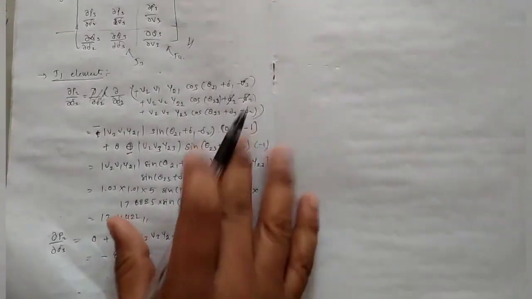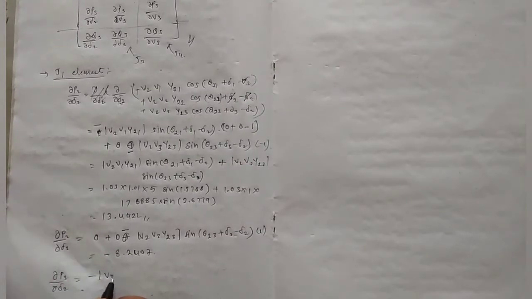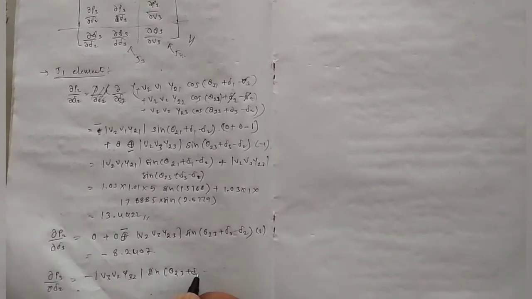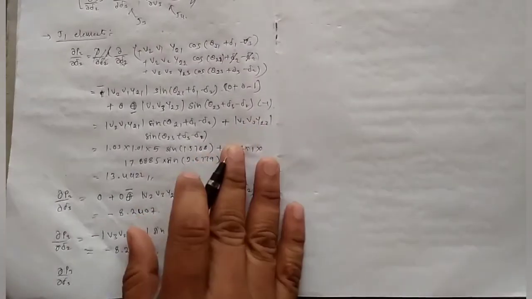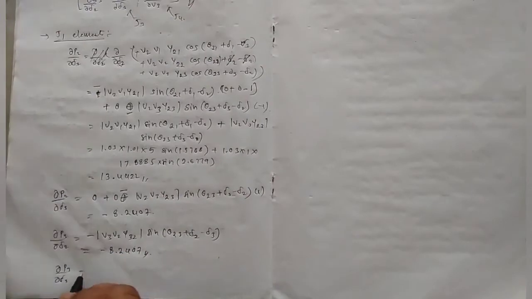Substituting all those values we'll get minus 8.2407. Similarly, now we need to find ∂P3/∂δ2. You'll get the expression V3 V2 Y32 sin(θ32 + δ2 − δ3). This is equal to minus 8.2427. Similarly for ∂P3/∂δ3, the final element of J1,